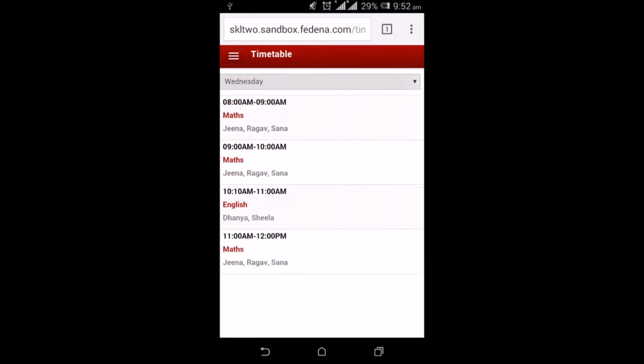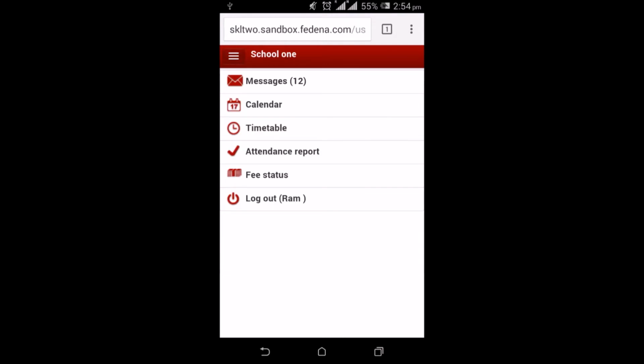Here, for the current date, we can have a look at the subjects and the timings, and the employee allocated for the subject can be seen here. Say this student has a class from 8 to 9 for the subject Maths, taken by the employees Gina, Raghav and Sana. Let's go for the next option,